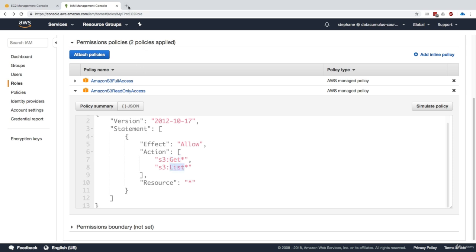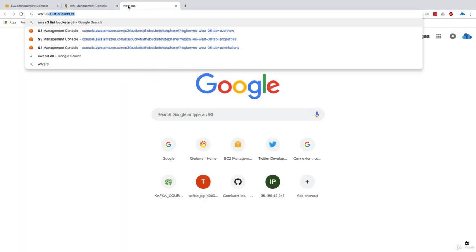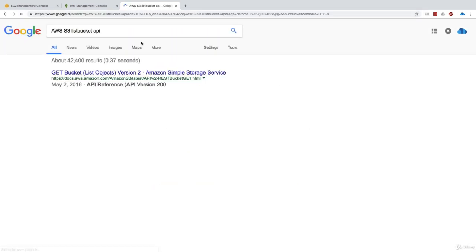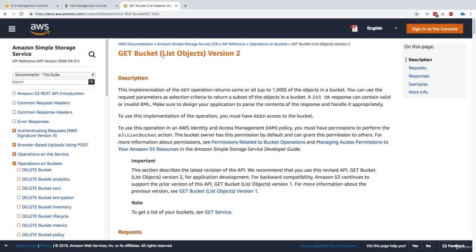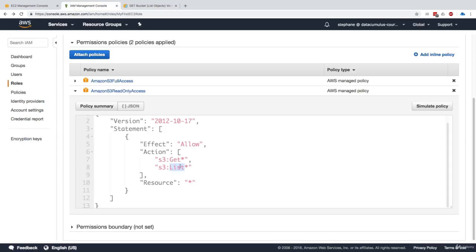So how does that work? Well, let's search for the AWS S3 ListBucket API. And now we get a ListBucket API right here. If we look at it, the name of the API is called ListBucket. And so this is why we have list star. But there's a bunch of list operations you can do on AWS, obviously. Same for get. We can do GetObject or GetBucket, and so on.